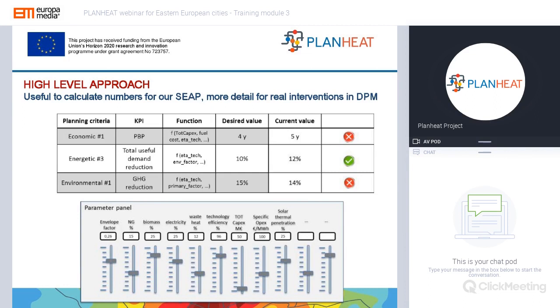And as you can see, there will be a parameter panel below where you can set the different values for different measures. And this will hopefully be more user-friendly.